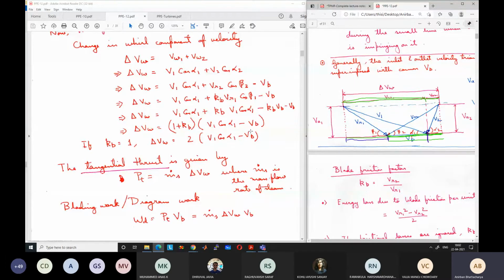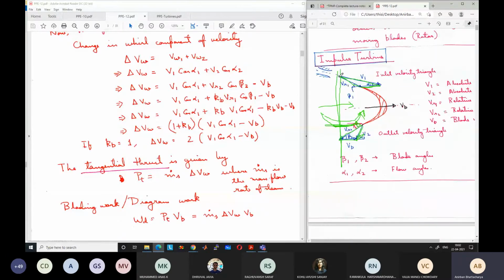Similarly V1 and alpha 1. What is V1 and alpha 1? V1 is the velocity coming from the nozzle, so V1 will depend on how much is the acceleration of the fluid in the nozzle. And alpha 1 depends on the nozzle angle. Alpha 1 is also known as nozzle outlet angle. It is the flow inlet angle, which is the nozzle outlet angle. So V1 and alpha 1 are values which are independent of the blade design. They can be calculated based on blade design to optimize, but these are nozzle properties. So that's why we are writing in terms of V1, alpha 1 and VB.